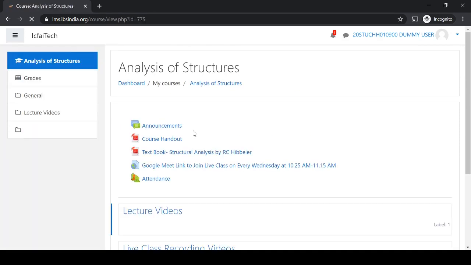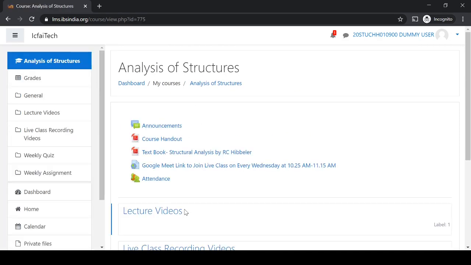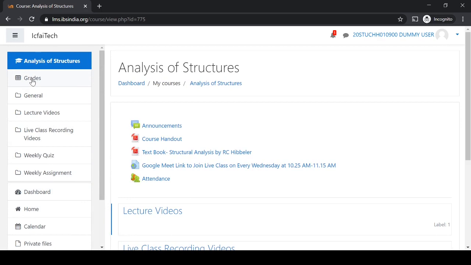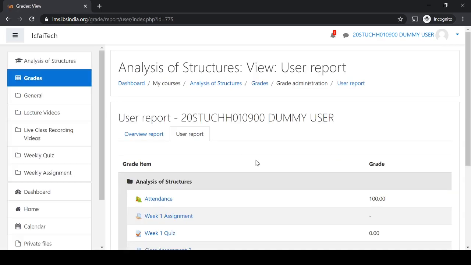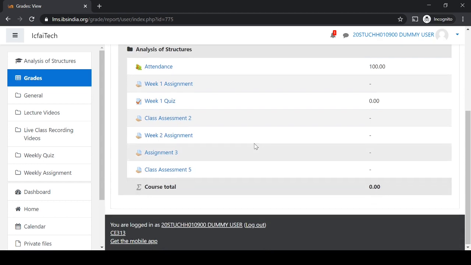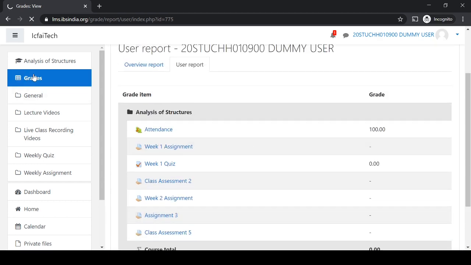Again, if you click on the course title, you will reach the course homepage. Now in the left navigation panel, you have the option called grades. If you don't see this left navigation panel, please click here, and automatically it will come. Click on grades to see how much you got till now. All the assignments and quizzes that carry some marks will be shown here once faculty grade them. If an assignment is uploaded and faculty grade it, you will get some marks here. You will see the total you got. That can be seen in the grade tab.